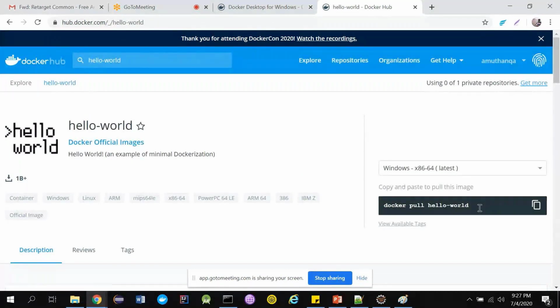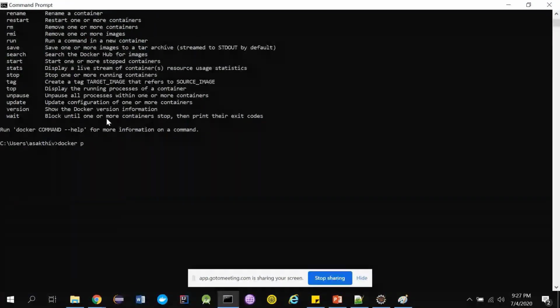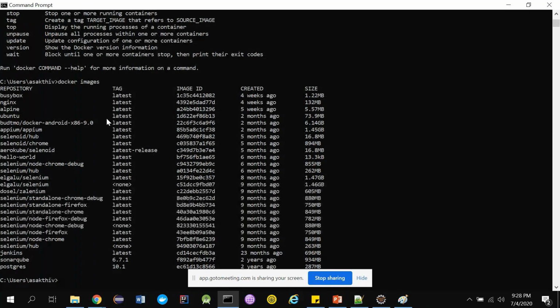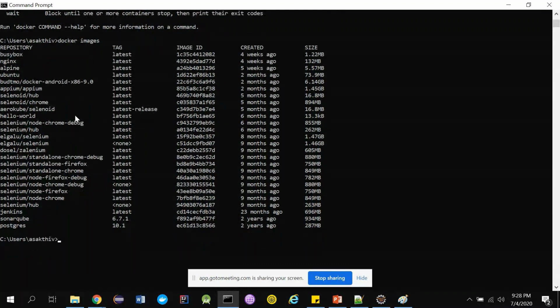What it's telling is to copy and paste to pull this image. Now this image is not located in my local. Suppose I want to use this, they are telling me to copy this and write it in the command prompt. To check whether this image is already available in my machine, I'm doing docker images. This is the command used to list all the images that already exist in my system. I have a bunch of images already, guys. Ignore it. For you, it will not give any response back, it will be empty. I have already downloaded all the images for my other purposes.